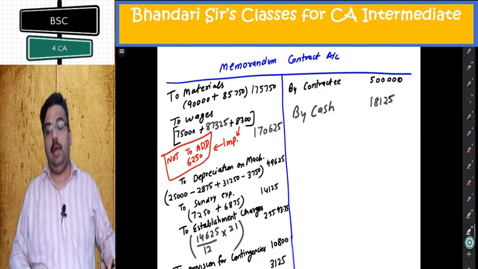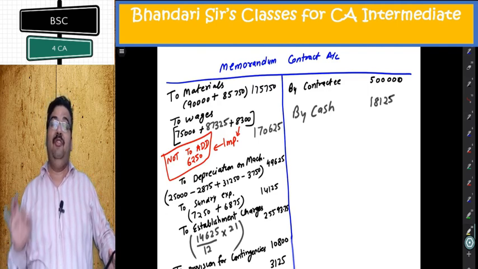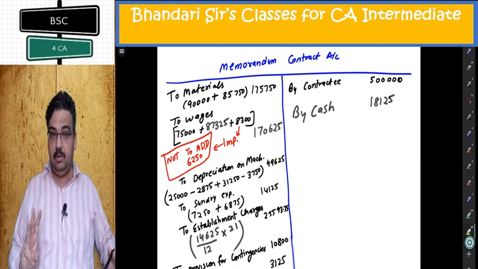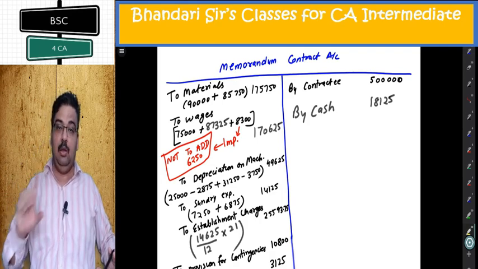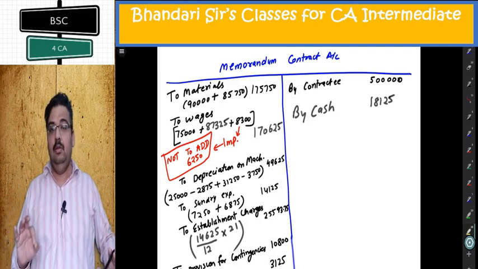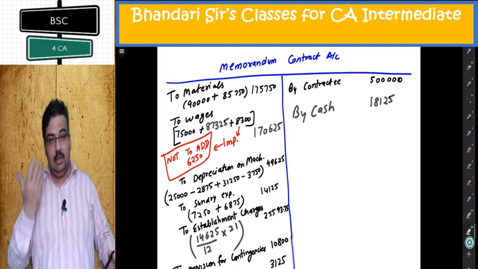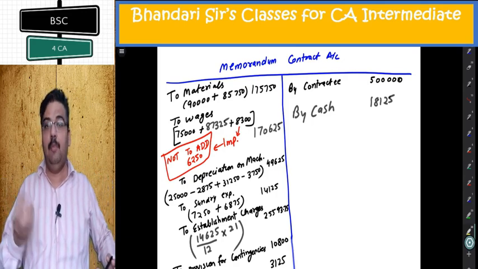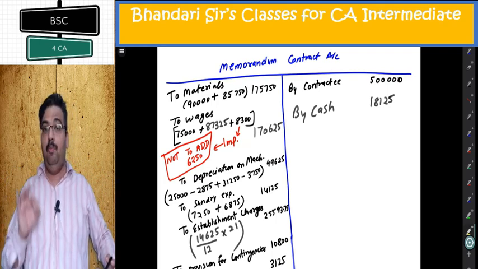Reaching the memorandum contract account. Now try to focus on our basics in memorandum contract. Do not put effect of intermediate items, material at site, outstanding items, prepaid items. On credit side must put contract price and don't put any closing WIP. And there is no closing items there. And all the things which happened in actual, like abnormal loss of material, abnormal sale of material, that will happen here also. Let's go point by point.